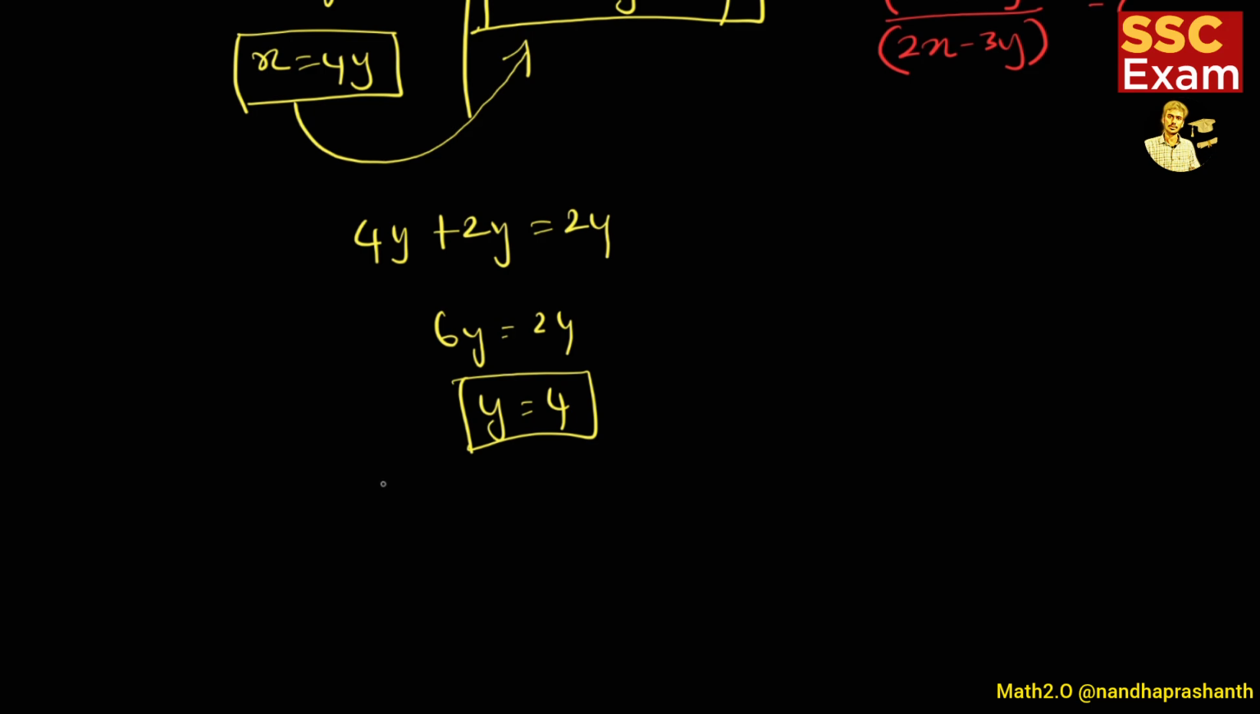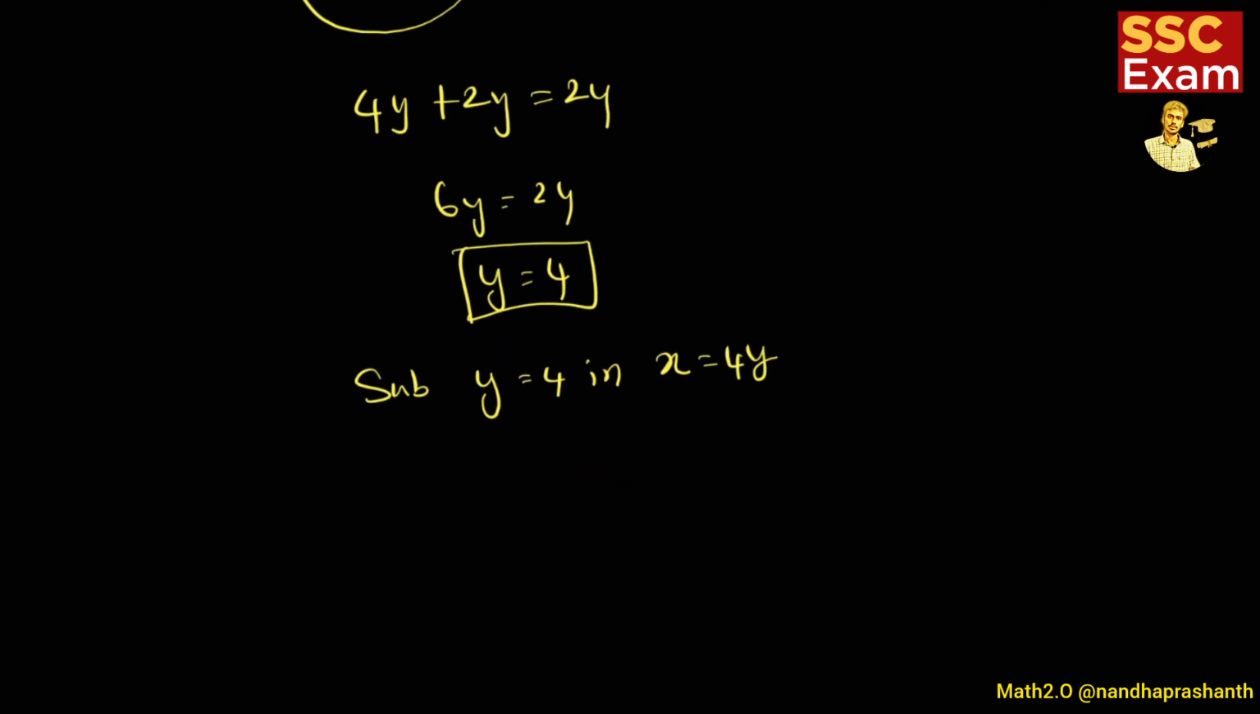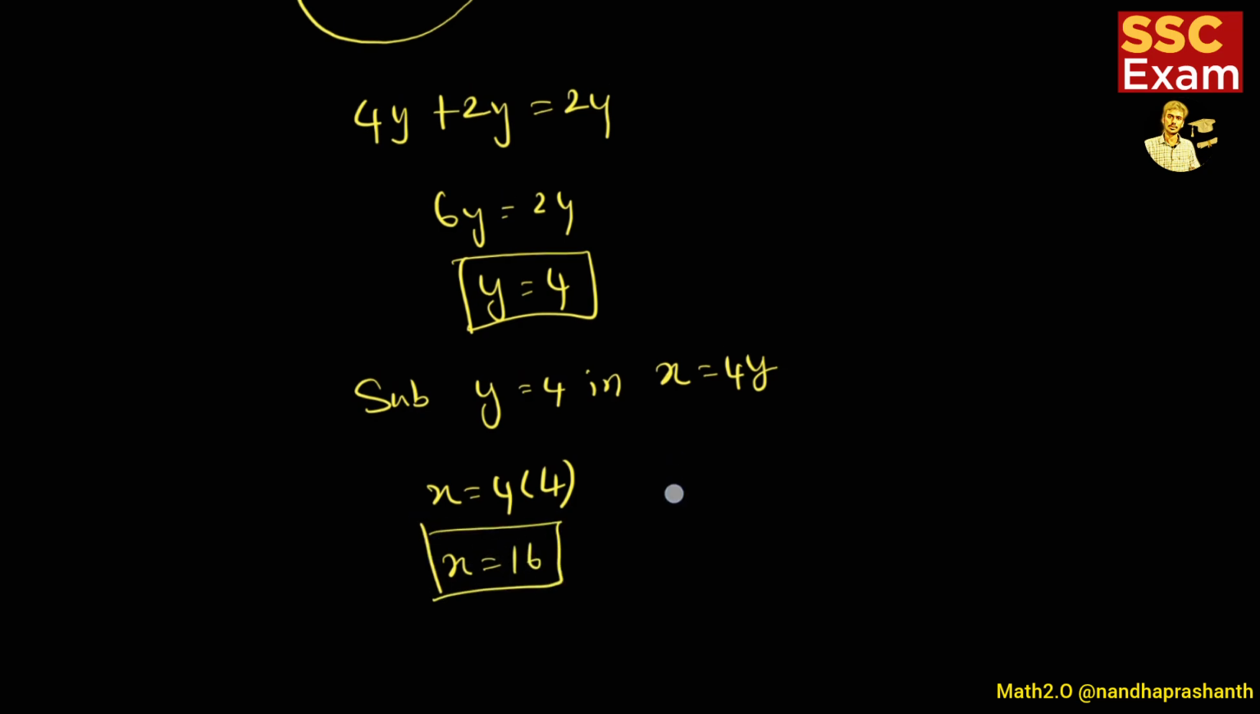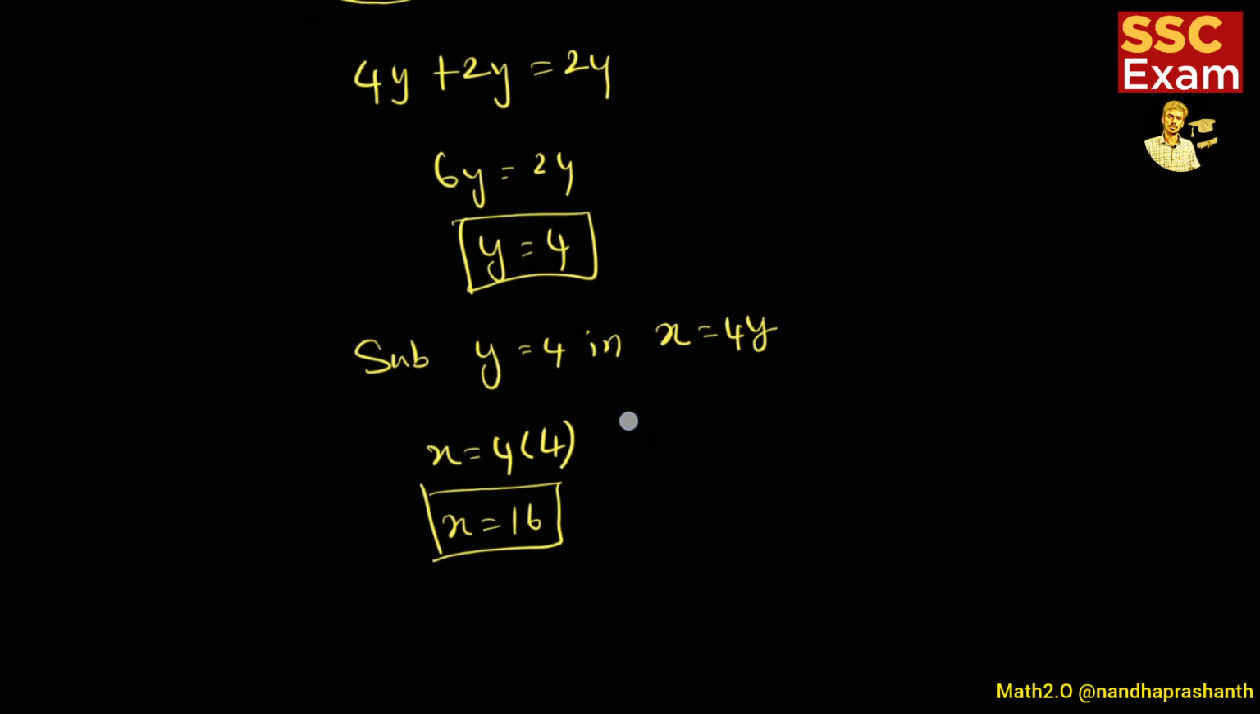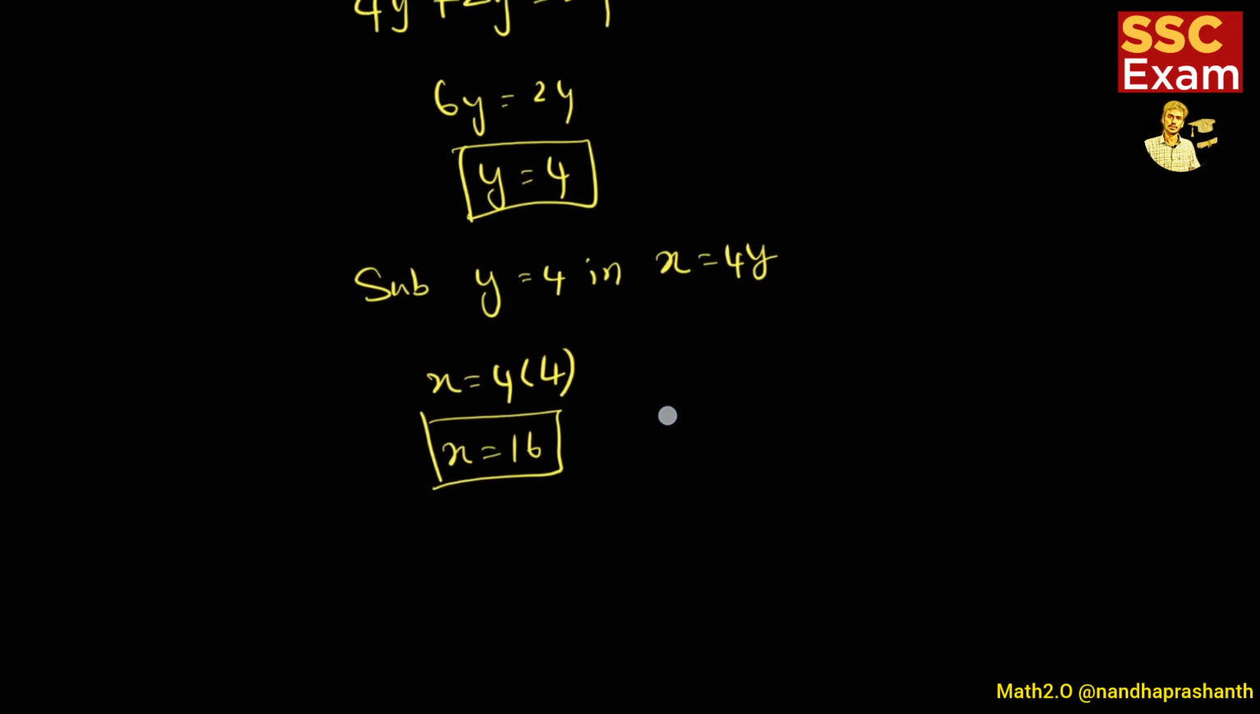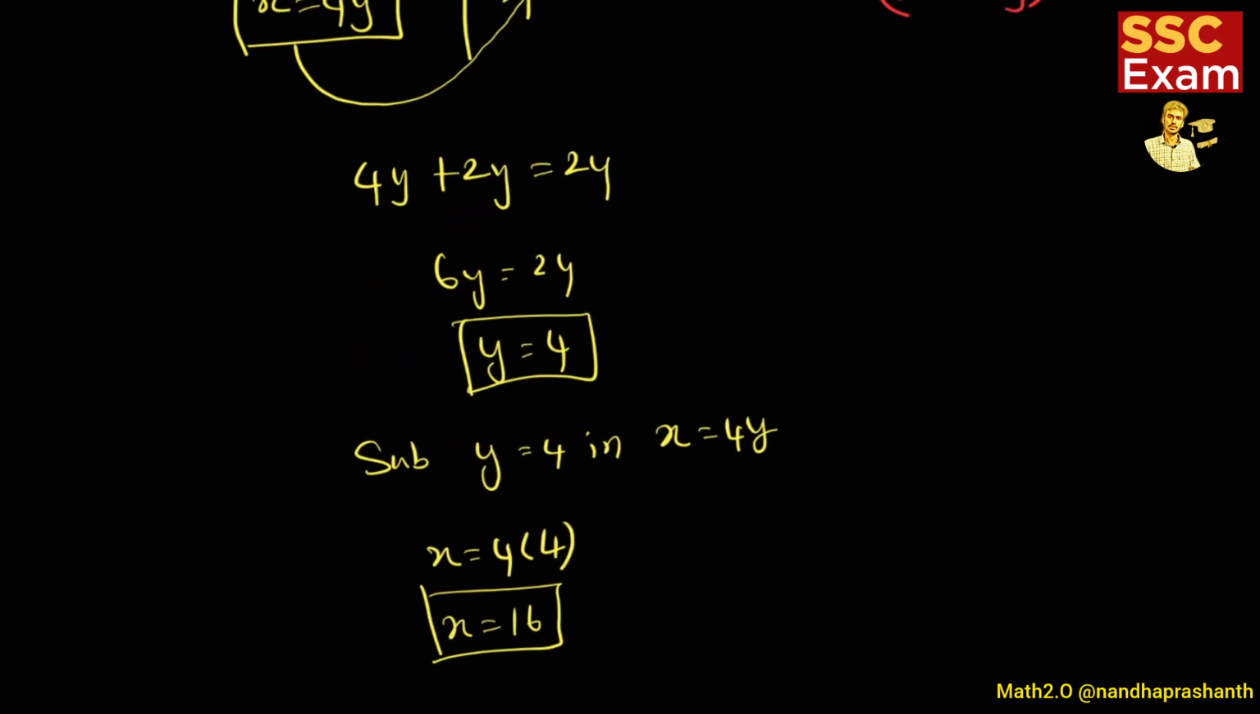So substitute y is equal to 4 in x equal to 4y. So you will be getting x is equal to 4 into 4, that is x is equal to 16. ஓகே, அப்போ இது கிடச்சிச்சா? அடுத்து நம்ம என்ன பண்ண போகிறோம் அப்படின்னா x and y கண்டுபிடிச்சிட்டோம்னா we are going to find the